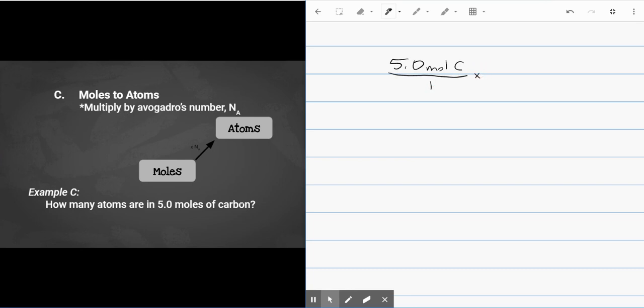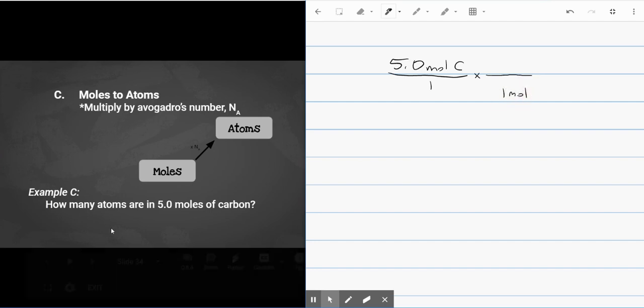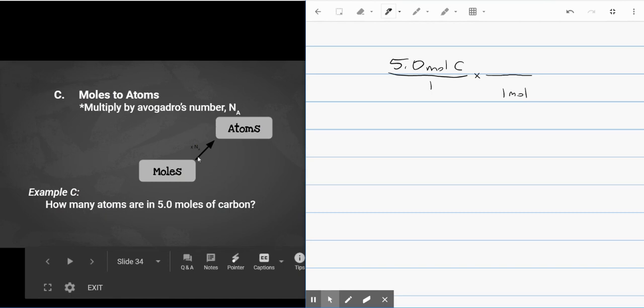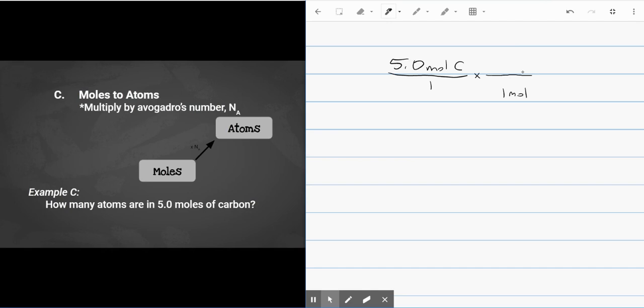I'm going to multiply that by a conversion factor where I want moles on the bottom. Okay, and we are asked to find atoms. So that means I need atoms on the top. How many atoms are in 1 mole? Well, 1 mole means 6.022 times 10 to the 23rd,